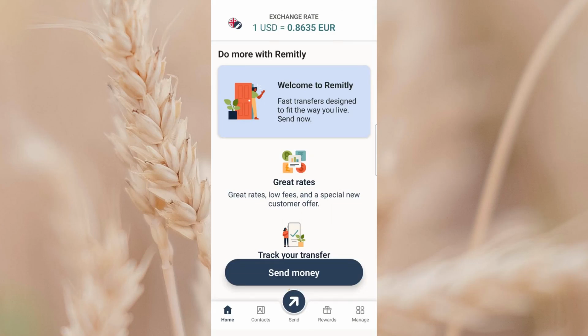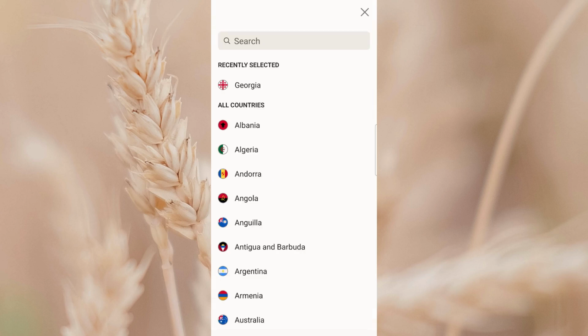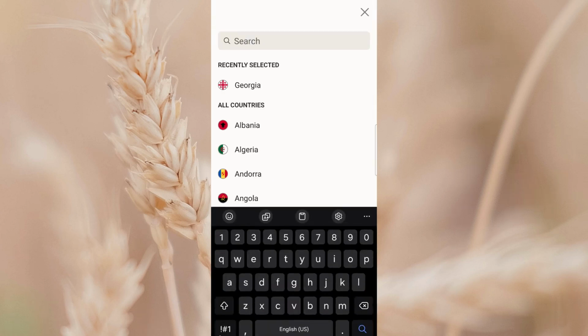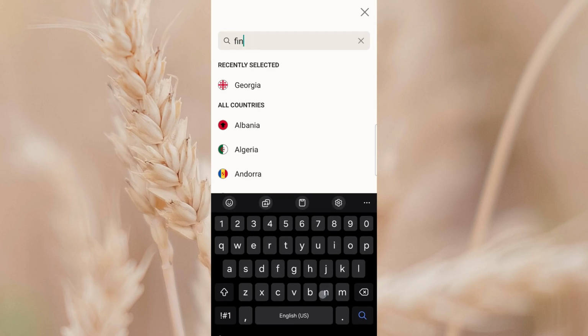In today's video, I'm going to teach you how to send money to Finland with Remitly. To get started, open your Remitly account in the app or on the website and make sure you are signed in properly. Once you are on the main screen, look at the country option at the top and change it to Finland. This is an important step because it makes sure your transfer is set up for the correct destination and shows you the delivery options available for Finland.